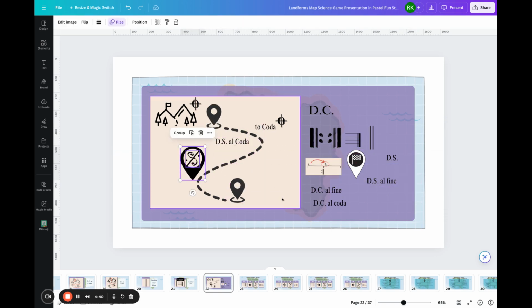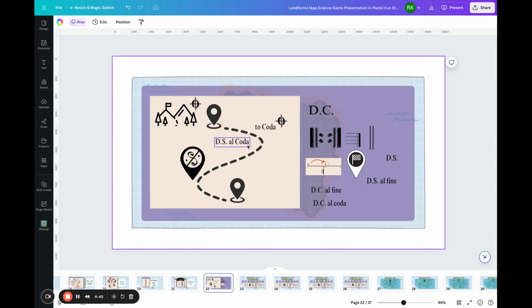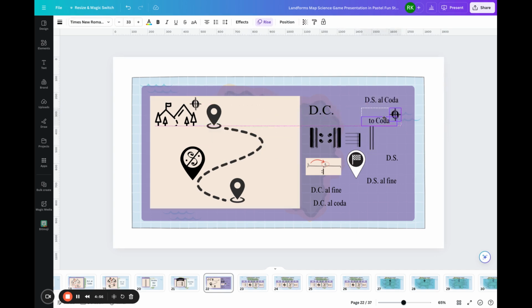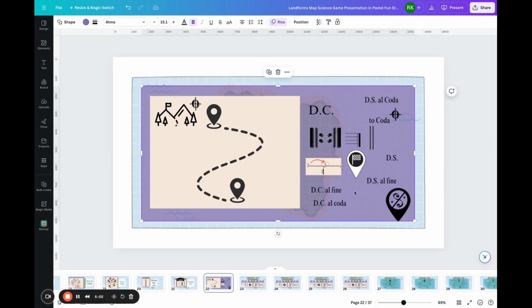So you're playing along, DS al coda. We jump back to the sign, keep playing, and jump to the coda, the special ending section. So sometimes it can be DS al coda, back to the sign, then to the coda, or DC al coda, back to the beginning, and then to the special coda section.